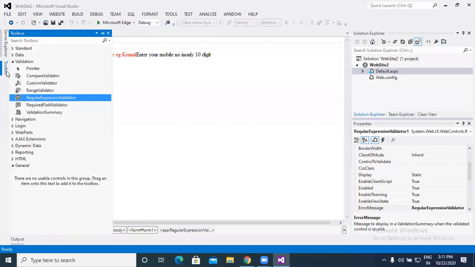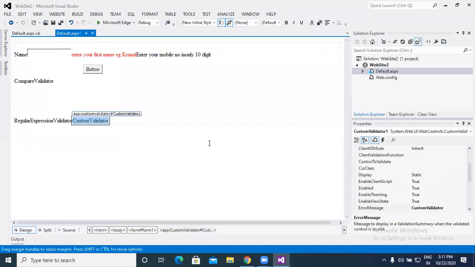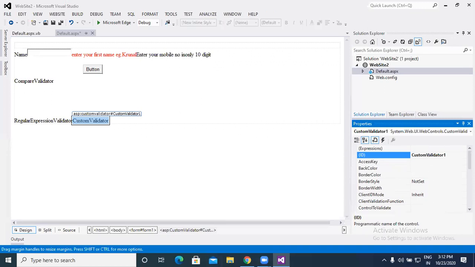Next, custom validator. So custom validator is basically useful in a live session, a live website, where we can put a CAPTCHA. So the CAPTCHA control is completely working with the help of the custom validation control. So in that custom validator, the ID has the prefix CSVLDT, back color, border style, and we can apply control to validate. So which tools we have to connect with them,